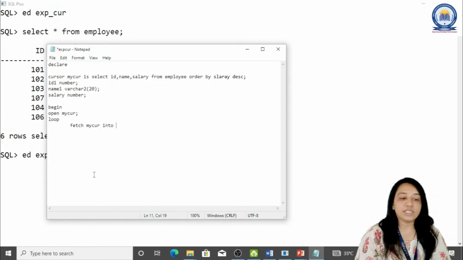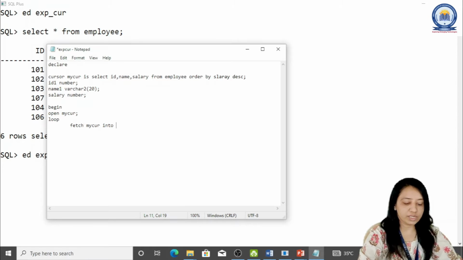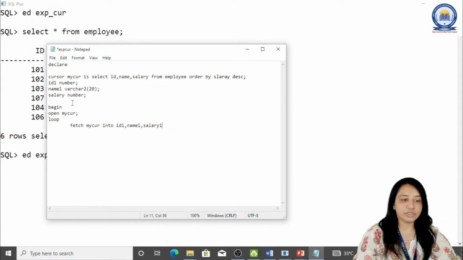So when you fetch my cursor into, you have to specify the three variables that you have taken locally: ID1, name1 and salary1. It should be in the same sequence, that means the data types should match. So fetch my cursor into these variables.